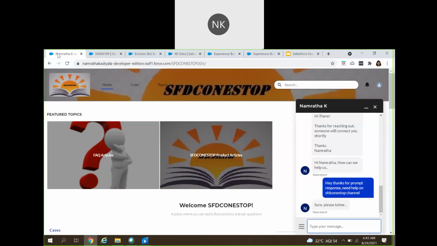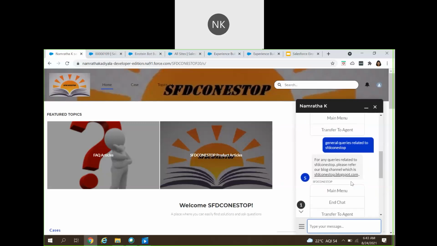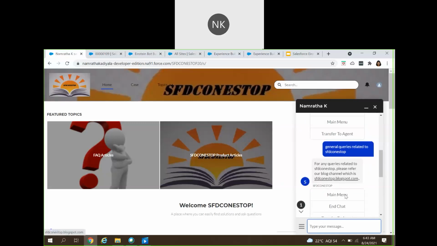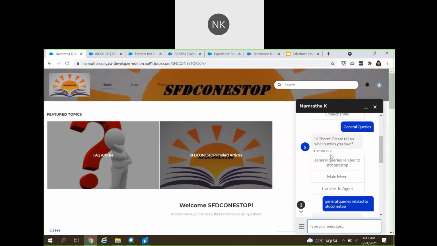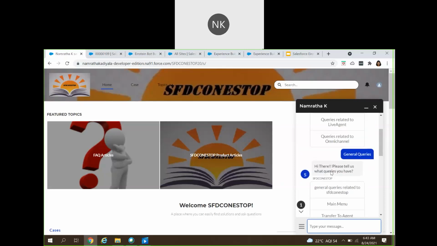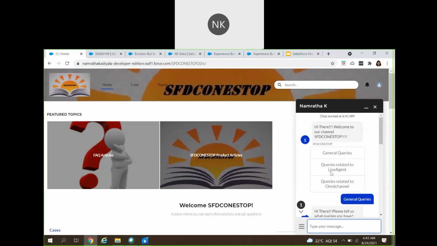If there are any common or repetitive queries, those can be handled using the instant bot main menu options that we have configured. This is how you can configure everything in your instant bot and embed it in your customer community portal so that our customers can easily get answers to their queries.